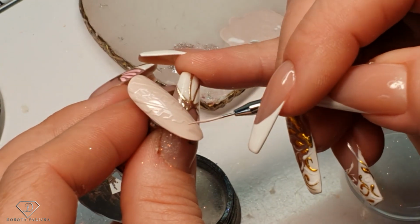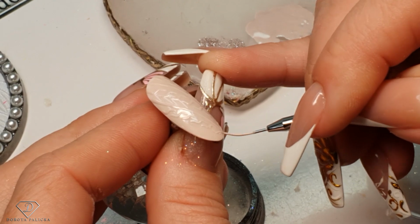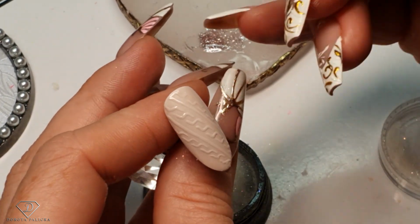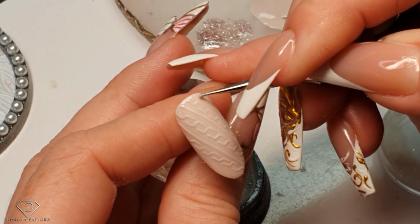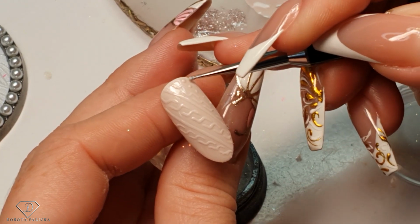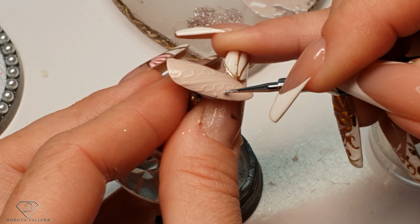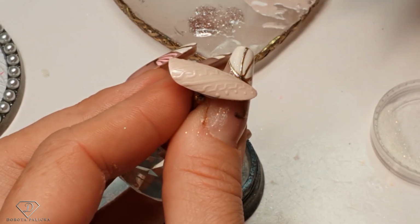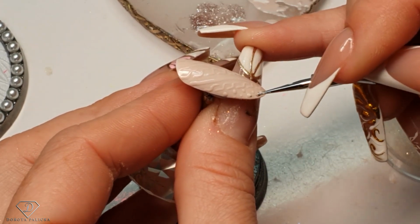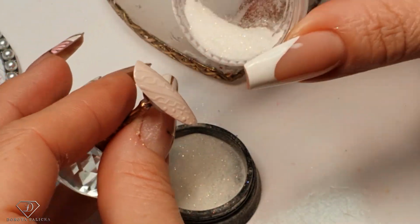I couldn't actually, in the beginning when I started doing those jumpers, I couldn't work it out. I was doing it by lines, and it was so difficult. Once I figured it out, this looks like a number 4, it was so much easier. And then here we are gonna do the row of the dots. And a row of the dots again, so I will place the first ones at the angle as well, and then some other ones. Sprinkle it,